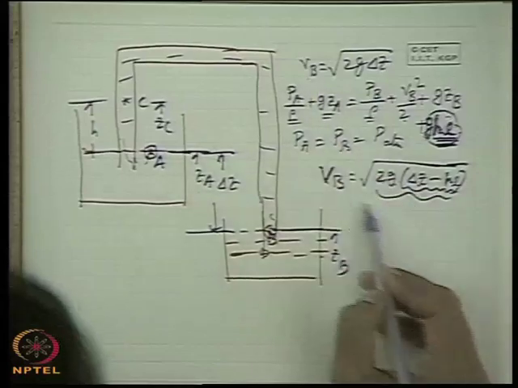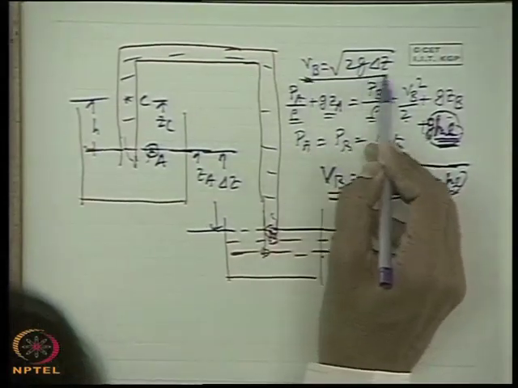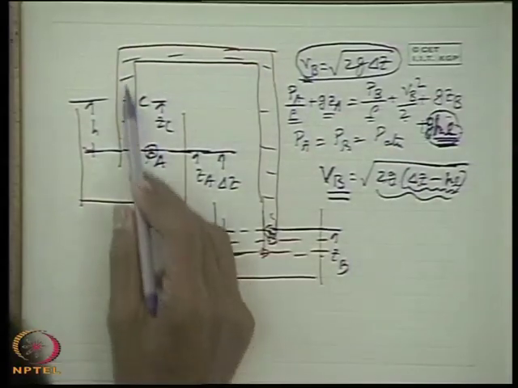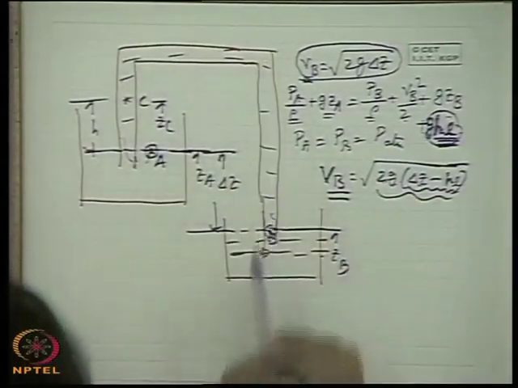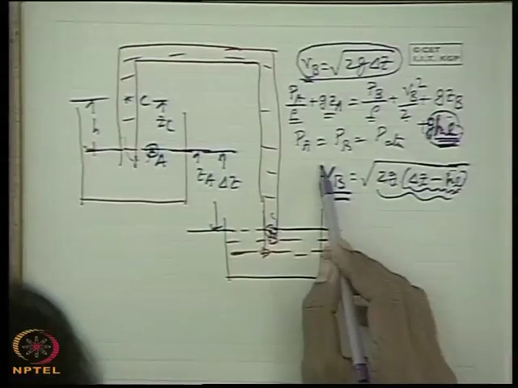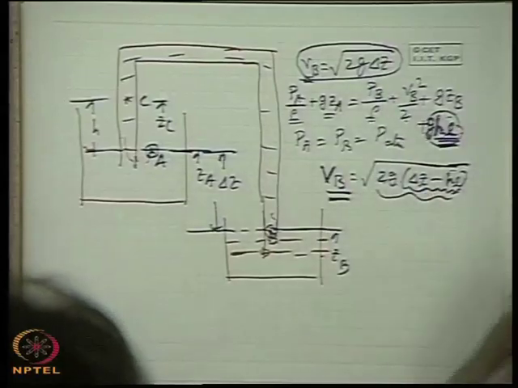That means the velocity which will be generated in this case will be less than this one, which is generated because of the ideal fluid. So therefore, due to the friction, some part of the mechanical energy is dissipated or converted into intermolecular energy, which is taken care of by this loss term, so that the velocity head generated at the discharge plane is less than that could have been generated by the ideal flow.